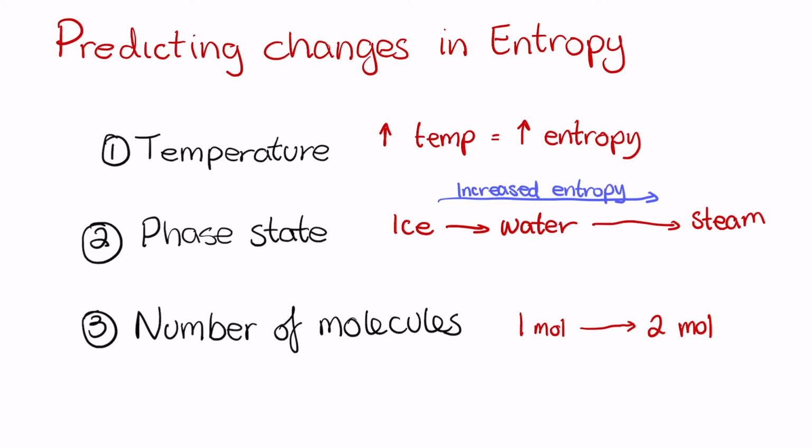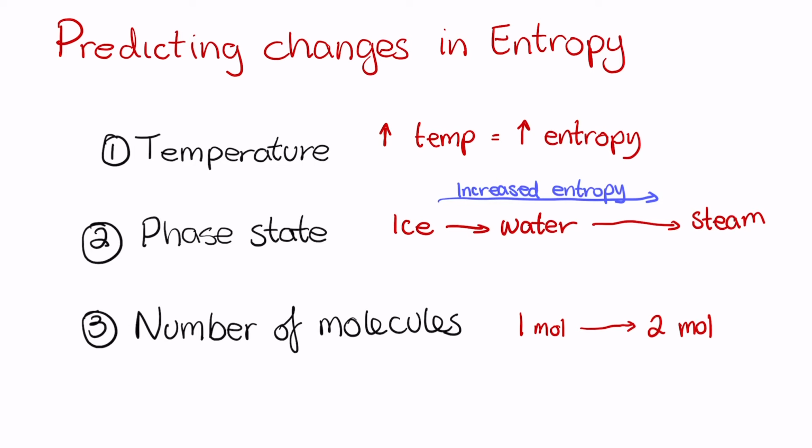And there's a number of ways we can actually predict changes in entropy itself. The first one being temperature. So just think about a balloon, and when we blow a balloon up and we start to heat the air molecules inside, we see that that balloon starts to expand. And one of the big reasons why this happens is because the individual air molecules within that balloon start to gain more energy. And they start to act a little bit more sporadically. They bump into each other, they bump into the balloon, and they just go a little bit more random and chaotic, I guess. And that's one of the reasons why this balloon expands. So with increases in temperature, we get an increase in chaos or entropy.